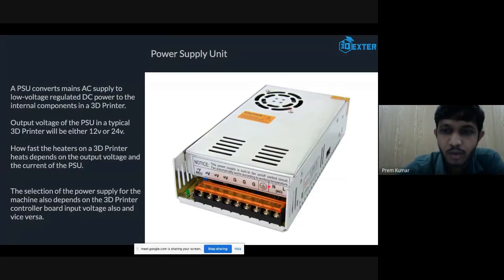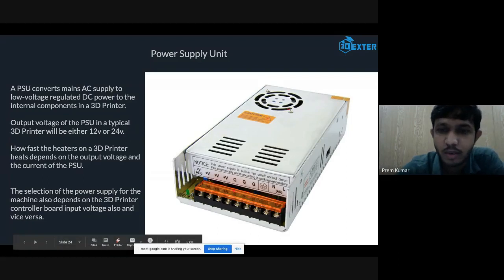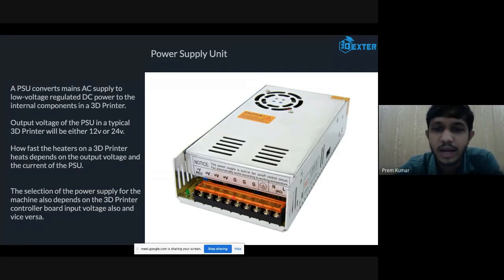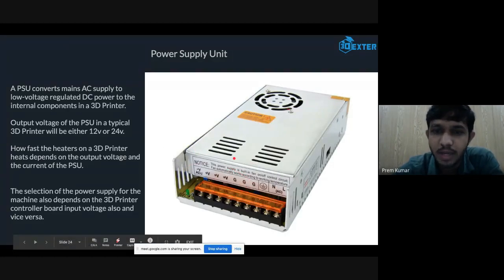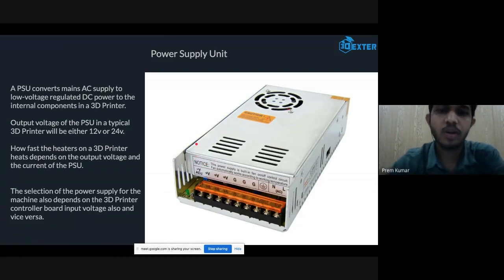If you look at this 12 volt SMPS, this will be available for different loads. The current that it can handle is either 15 amperes, 10 amperes, 20 amperes, and it goes on. How you choose your SMPS depends on what you have put into your machine.